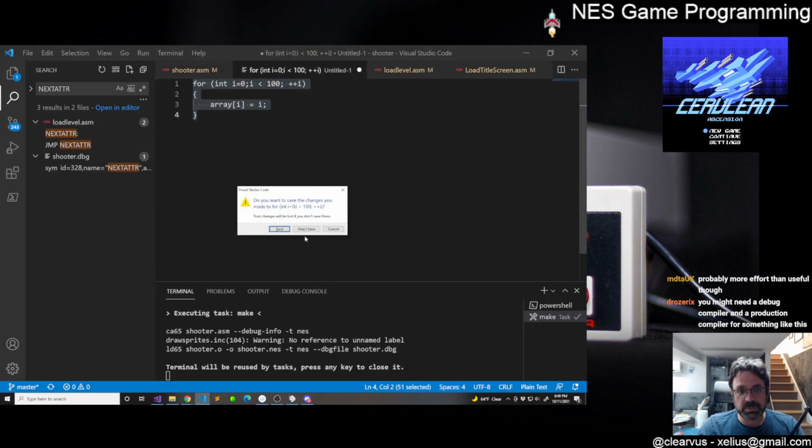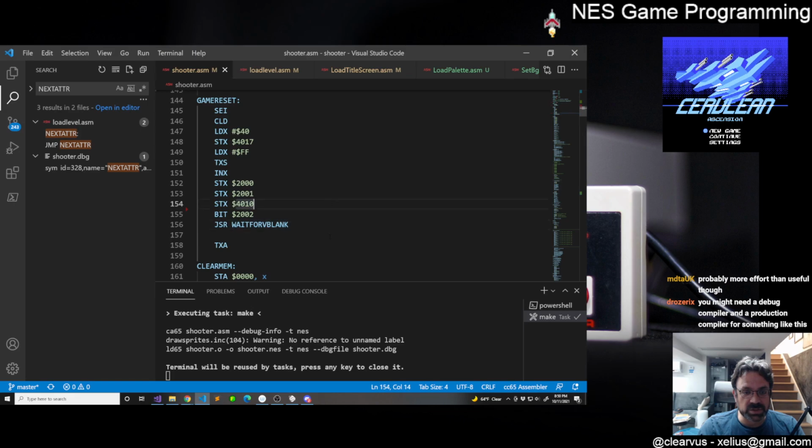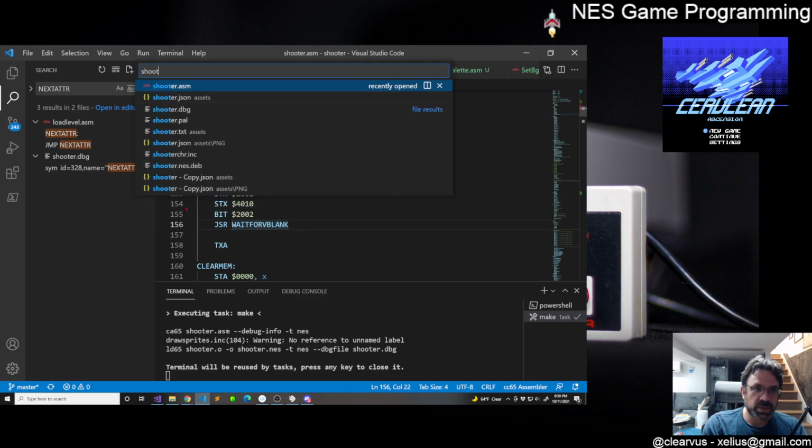For assemblers, there really isn't any such thing. The only thing we're doing with the assembler that has to do with debug is we're telling it to produce